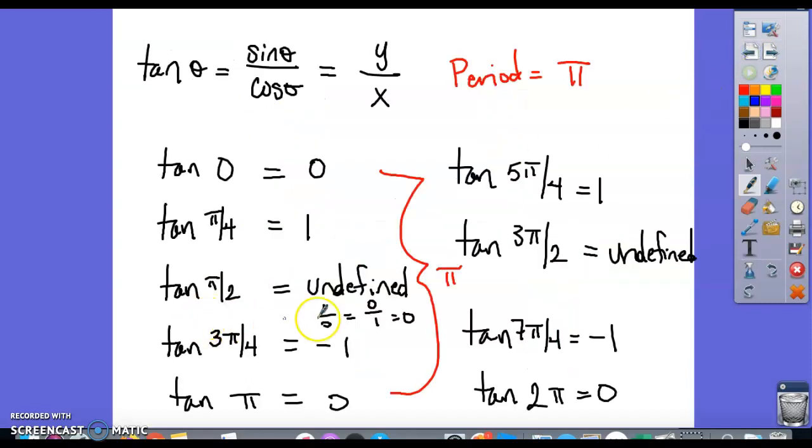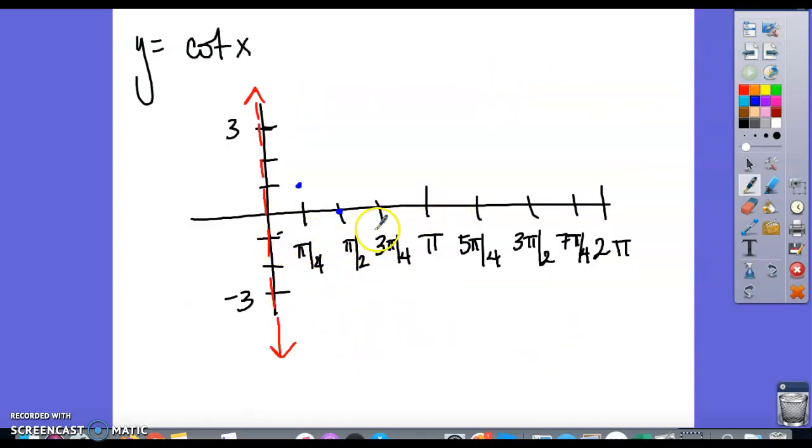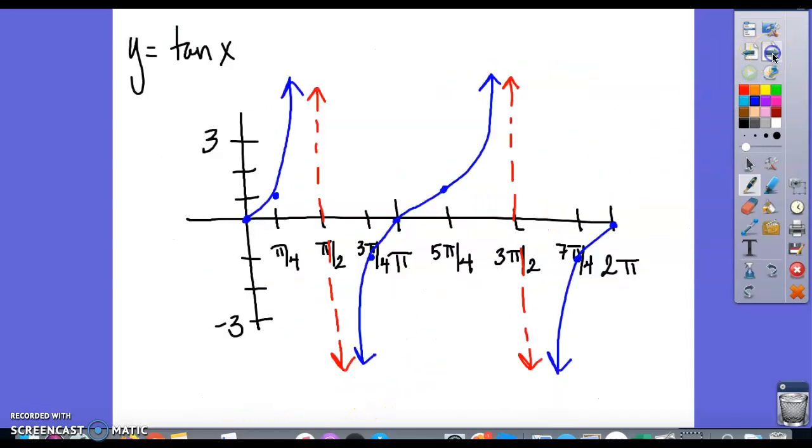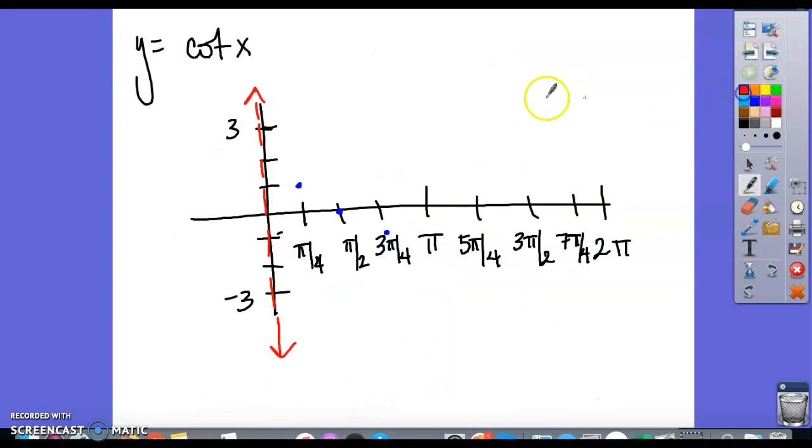Okay, at 3 pi over 4, tangent is -1. The reciprocal of -1 is -1. Okay, at pi, the tangent of pi is 0. The reciprocal of 0 is undefined. Okay, so there is one period